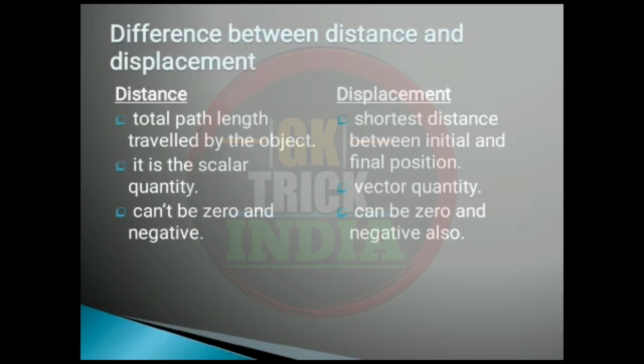To summarize what we have discussed in today's class, we have first introduced our topic, that is motion. We have introduced the basic understanding of distance and displacement. We have studied the two quantities in physics, that is scalar quantity and vector quantity. And we have solved few numericals through which we can conclude the difference between the distance and displacement.